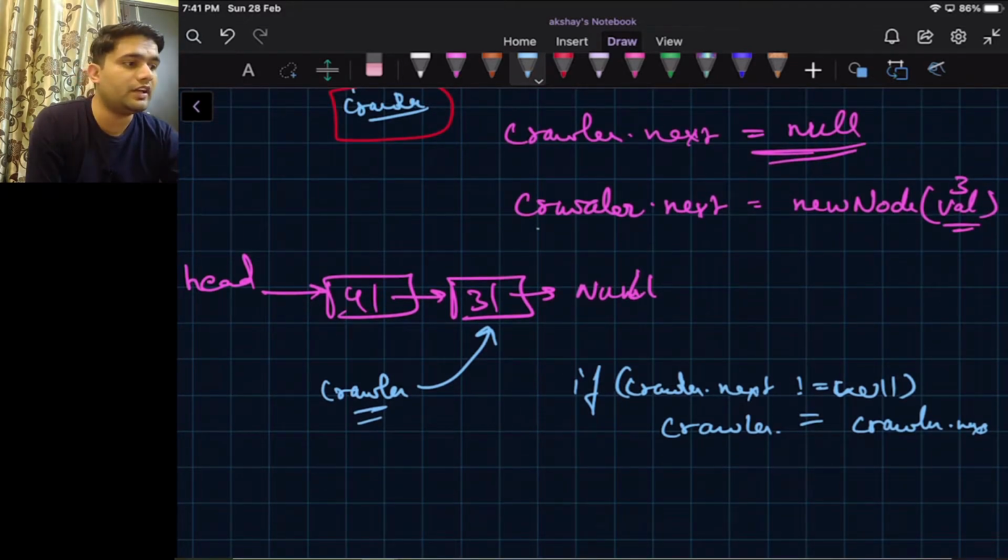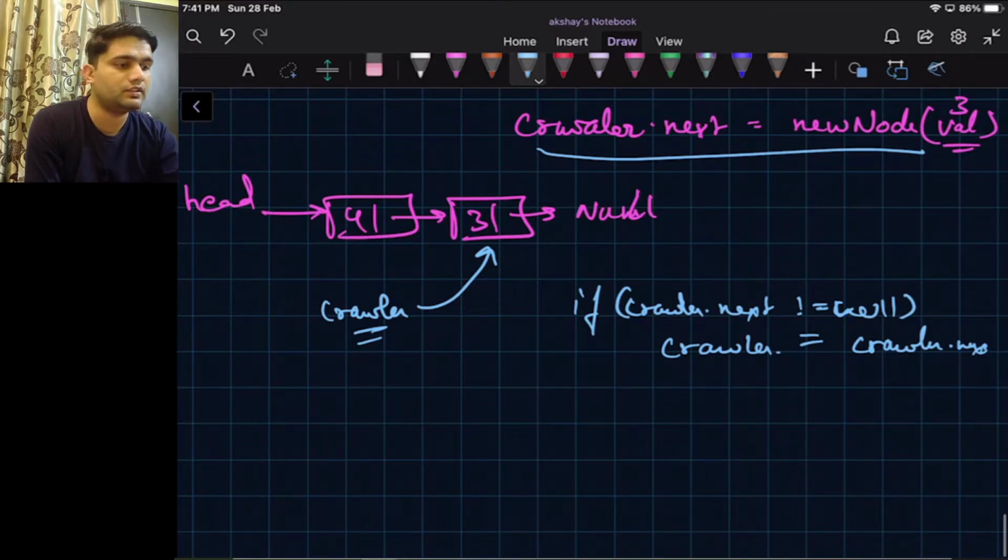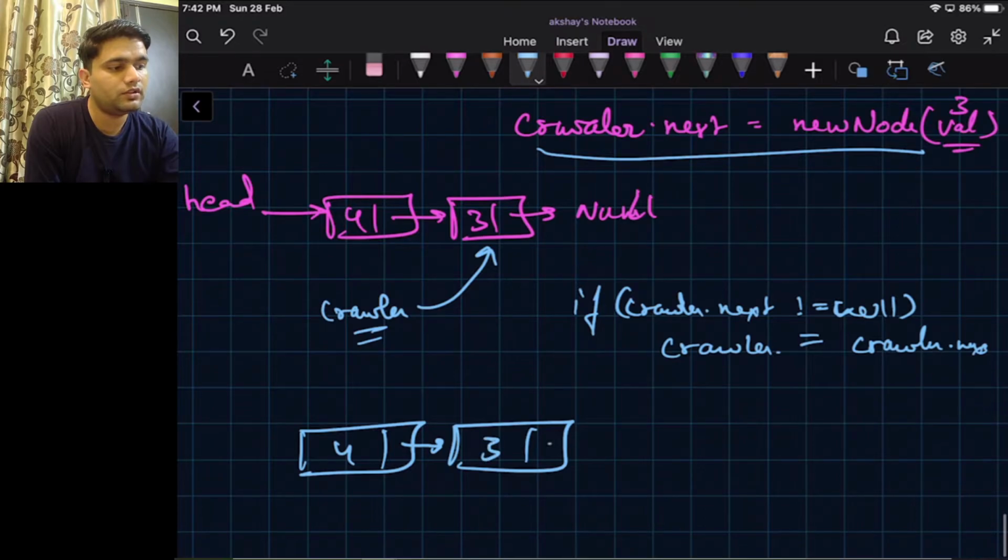So we will again run this statement. After this our linked list will turn into this, and this is the head,